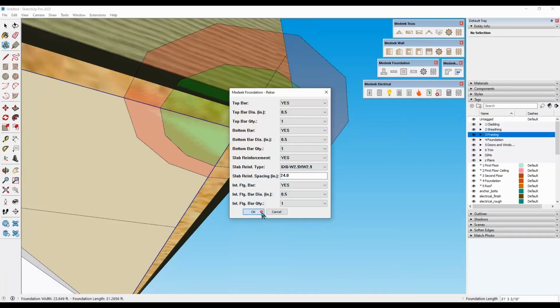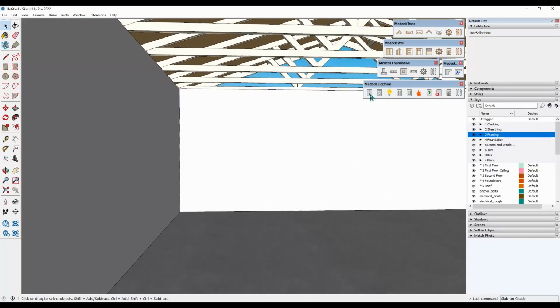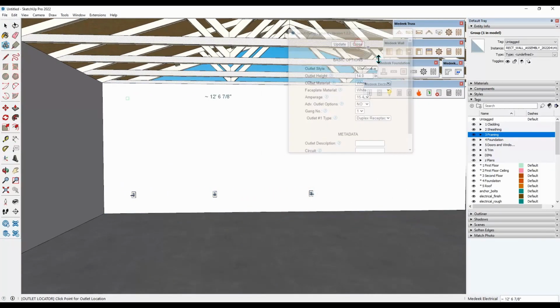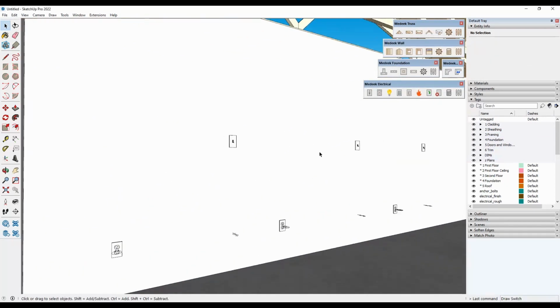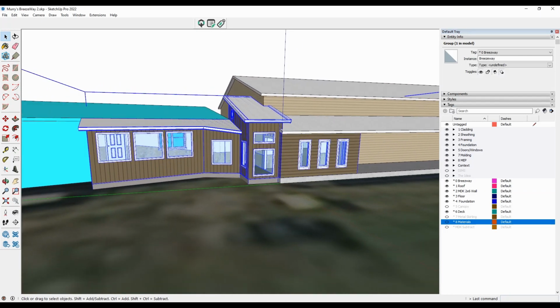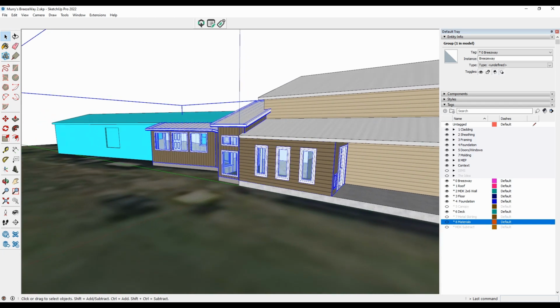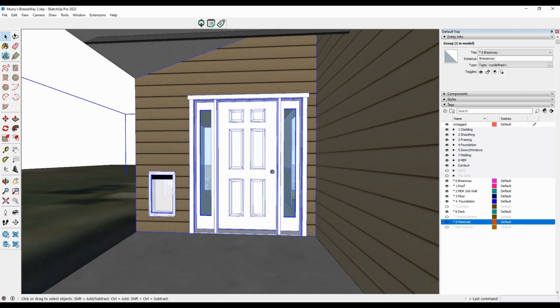This is by no means a be-all, end-all solution to estimating using Nathan's tools, but I hope to demonstrate that when used in conjunction, these extensions can become a powerful way to quickly create dynamically estimated, parametrically generated 3D models. For this video, I will be estimating a small addition project that we plan to start sometime next year. And for time's sake, I will be proceeding as if you are already familiar with the wall tools and with